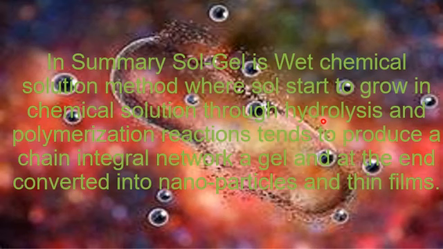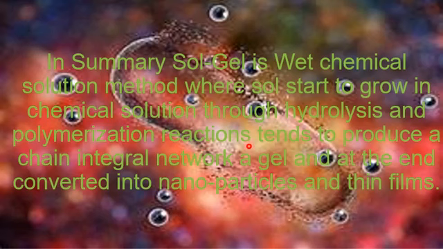When these nitrates or chloride salts are introduced into water which acts as a solvent, so these chlorides or nitrates are basically converted into hydroxide in acidic medium. Okay, so they basically go through a hydrolysis process, and due to hydrolysis and polymerization of the chemical solution, they basically